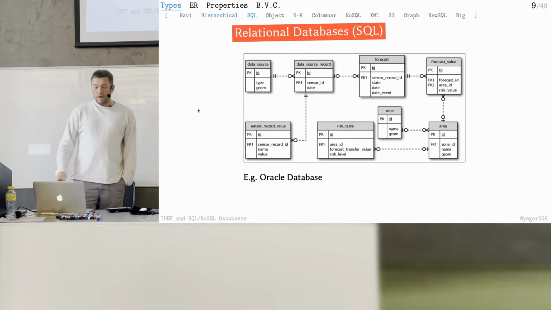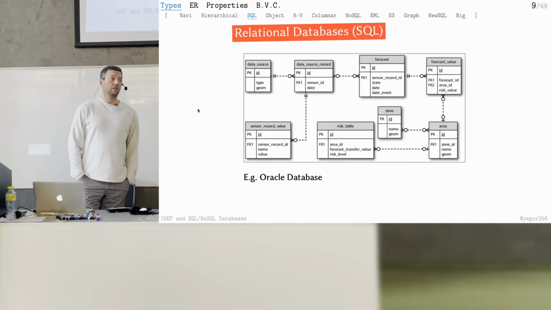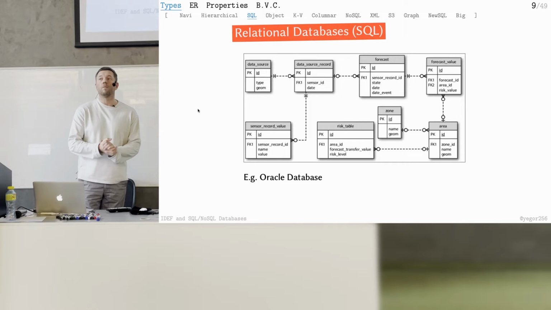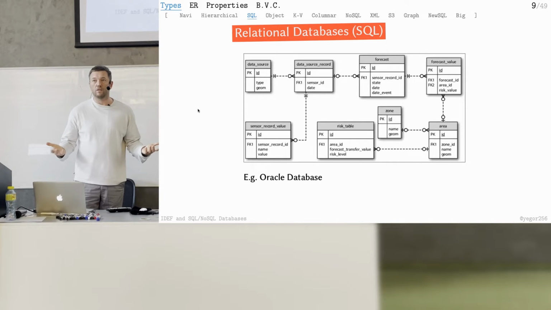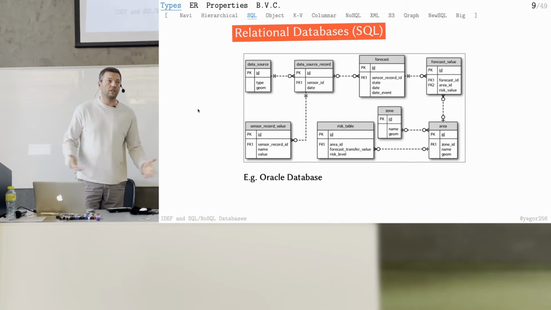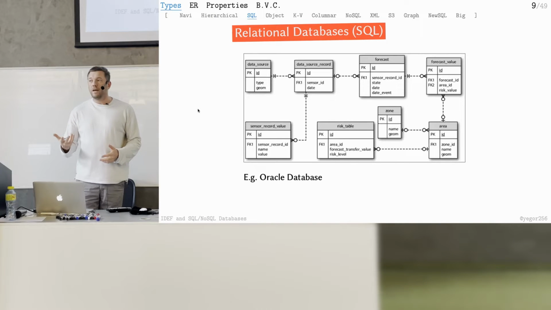And then many years ago, but still not so many years ago, relational databases showed up. Relational, probably you know about this. You've heard about it, right? Most modern databases right now, which we use, are relational. Do you know why it's relational? What's the name coming from? Because the idea behind relational databases is relational calculus.